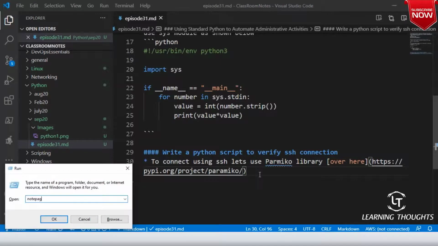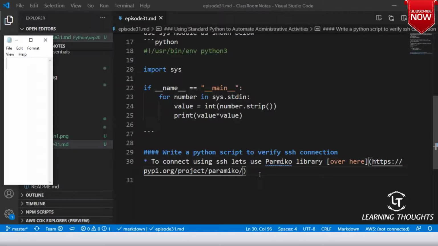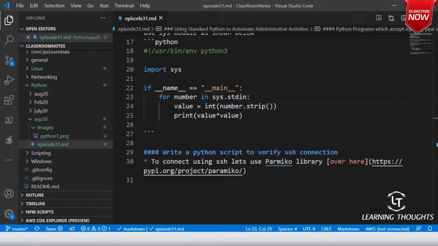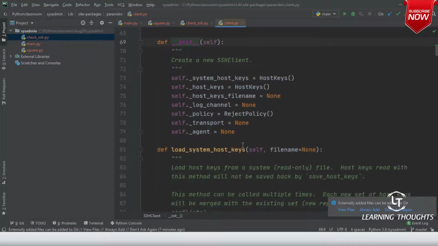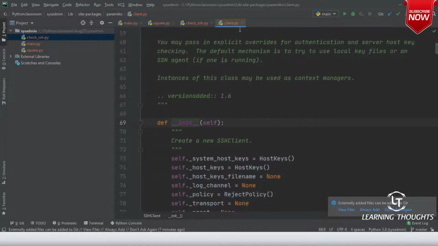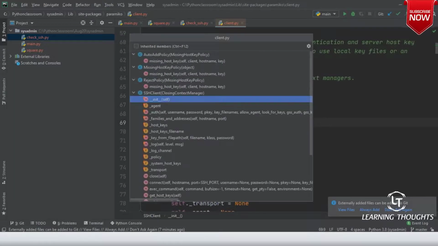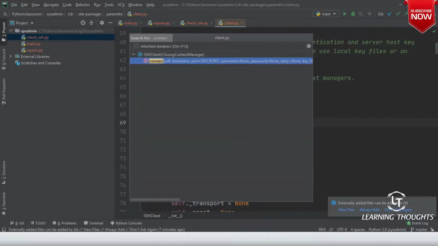I have used this key combination: Control F12. With Control F12, I can search any method.